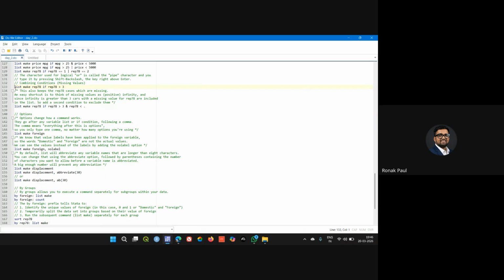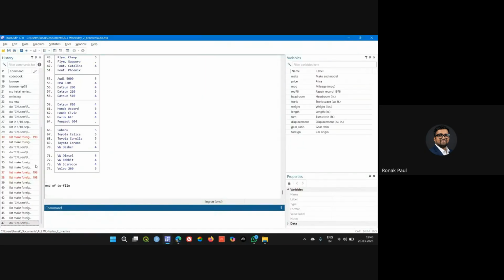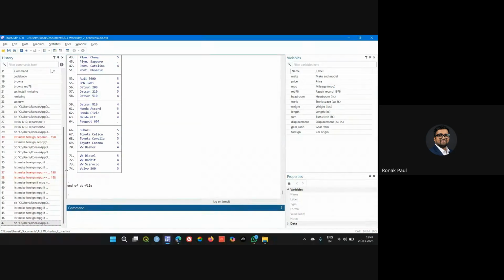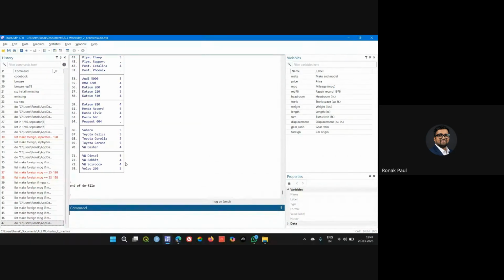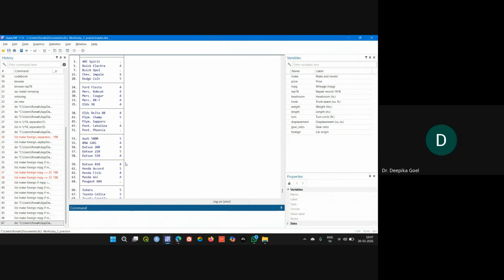Now, sometimes what we tend to do is, in the case of the REP78 variable, the repair record variable, let's say we want to see cars with a repair record greater than 3. For that, we type the command list make REP78 if REP78 is greater than 3. So let's go ahead and type this command. Here you can see that whenever this command is run,